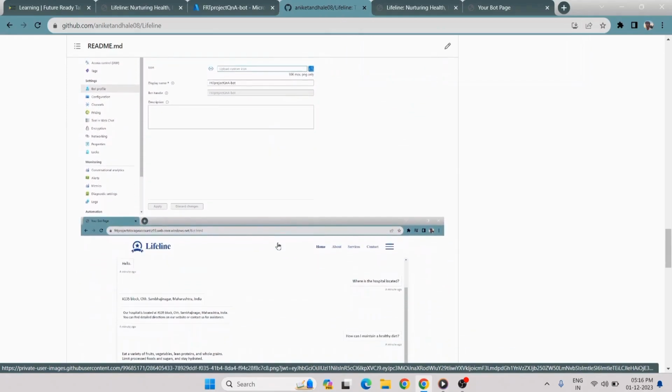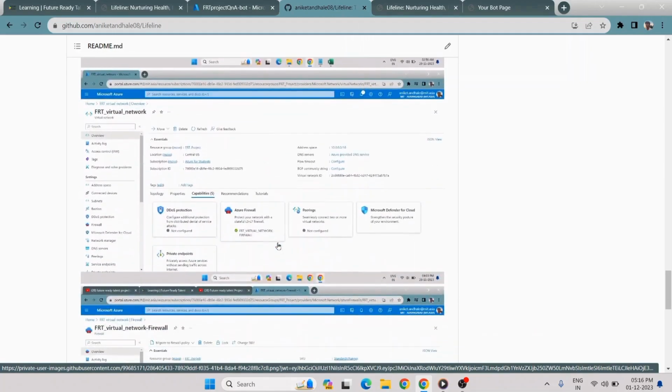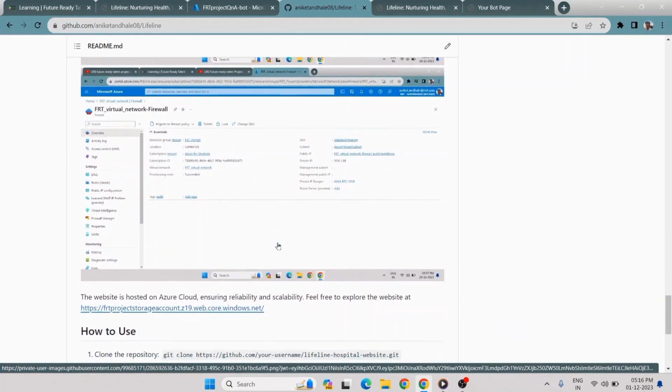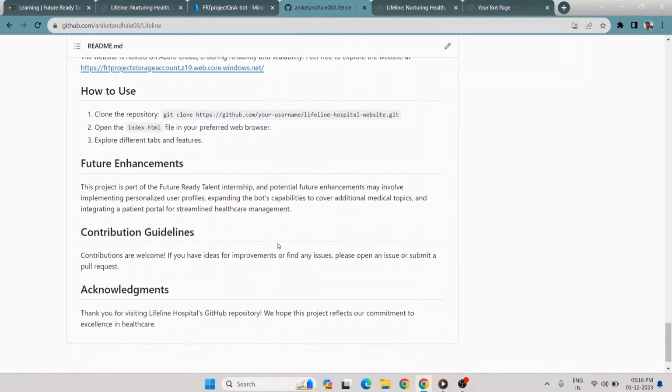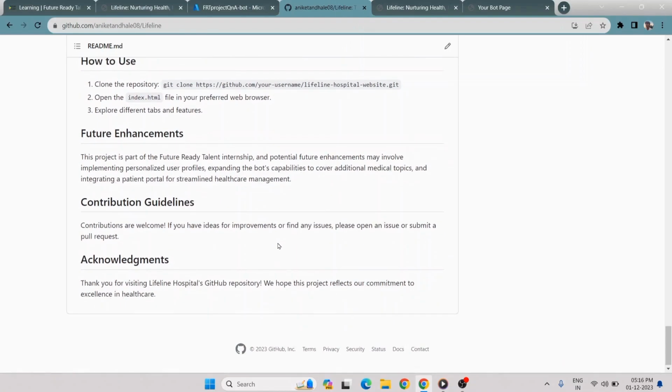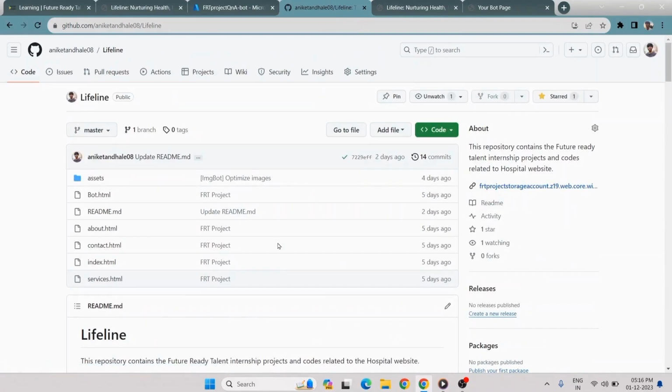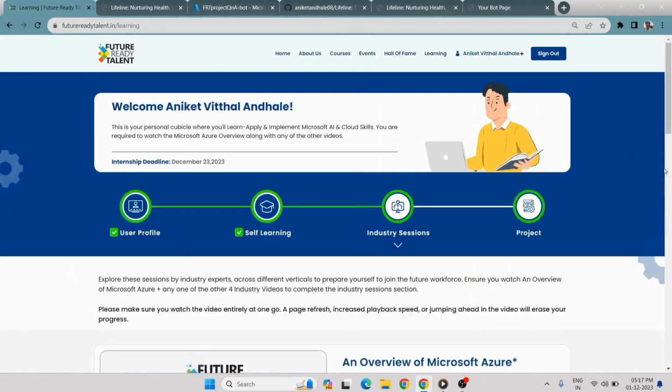I have tried to explain and add more things related to the project, and added more screenshots to help you get familiar with my project and to know what types of Microsoft Azure services I have used in this project.